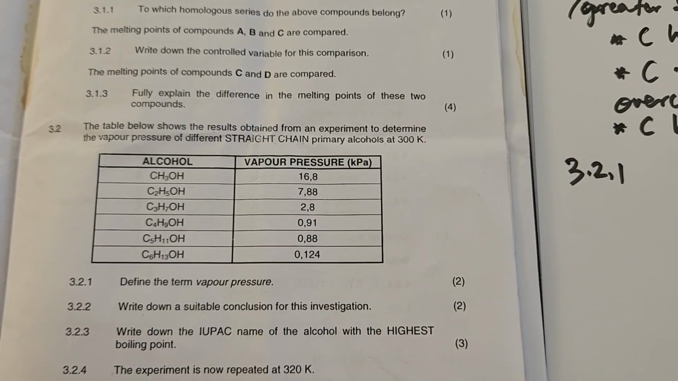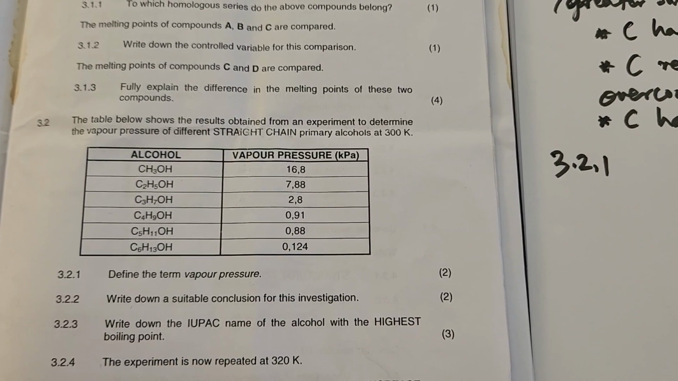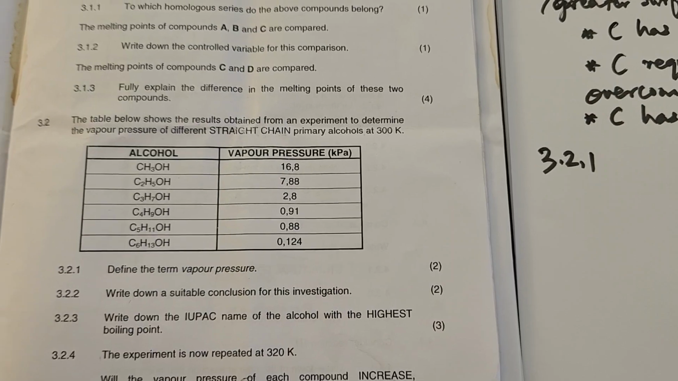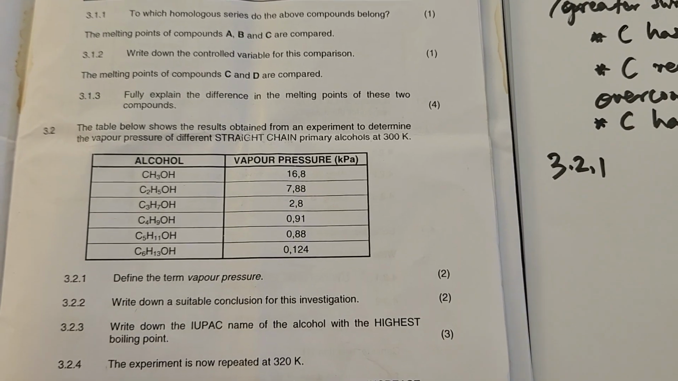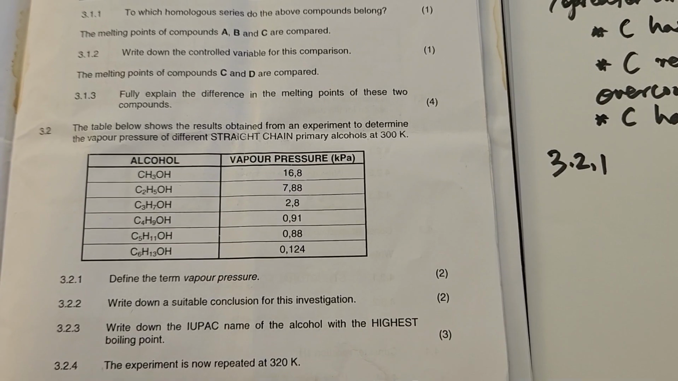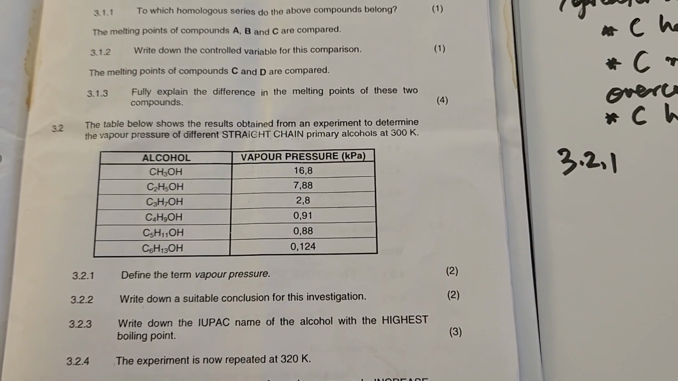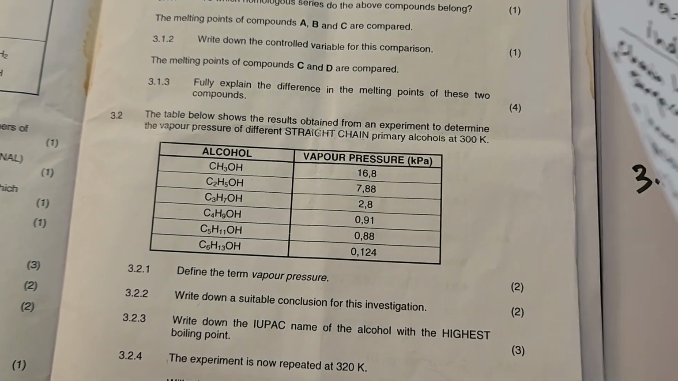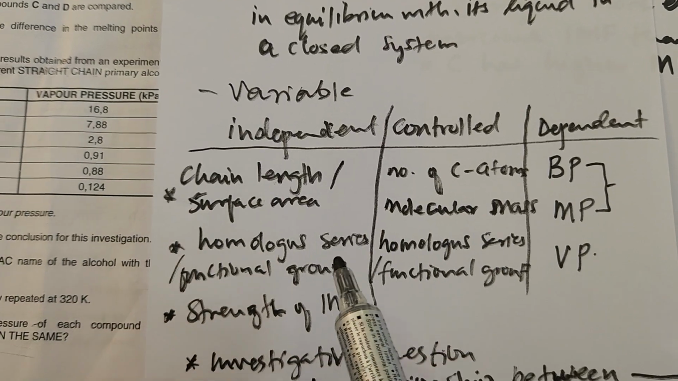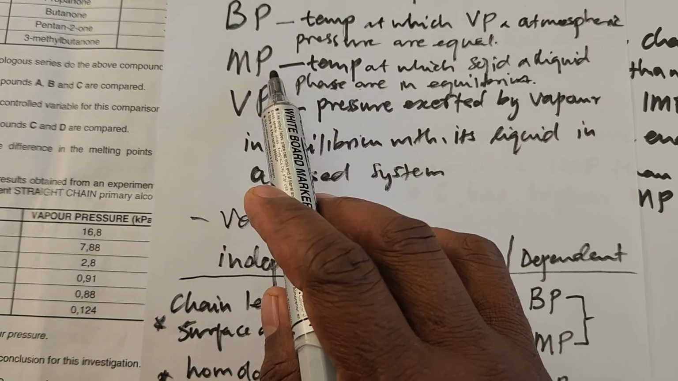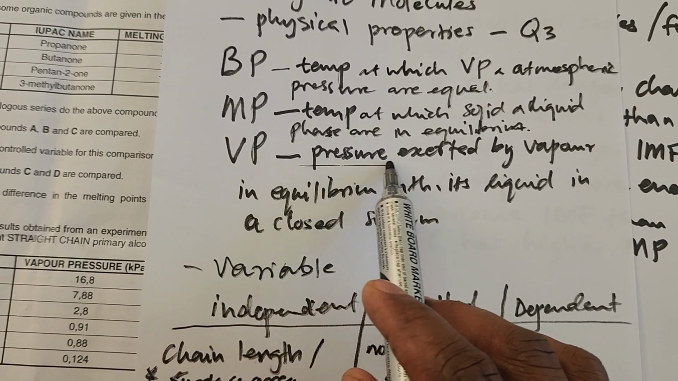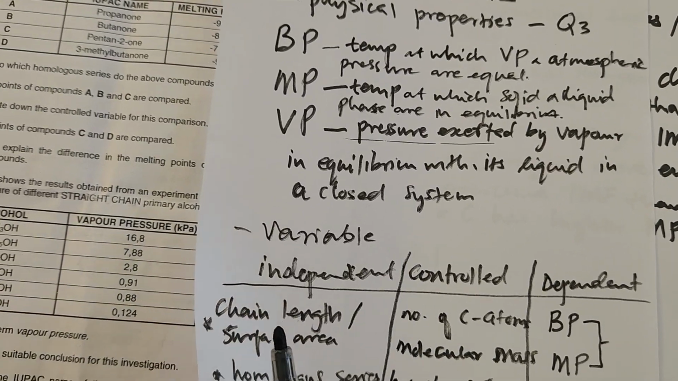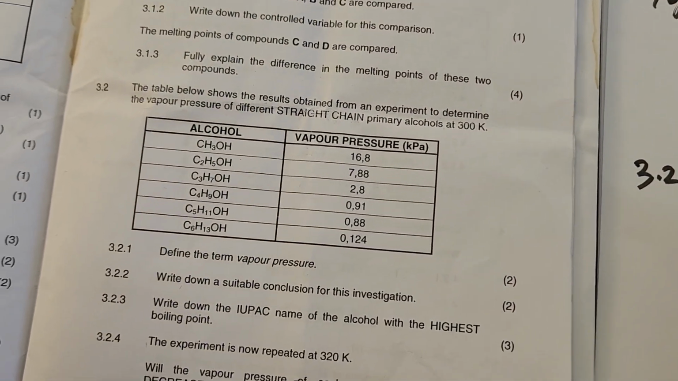We have already said it in the beginning for vapor pressure. It's the pressure exerted by a vapor in equilibrium with its liquid in a closed container. I think we defined that one when we were starting. Yeah, it's here. Vapor pressure is the pressure exerted by a vapor in equilibrium with its liquid in a closed system. Fine. Now we move to